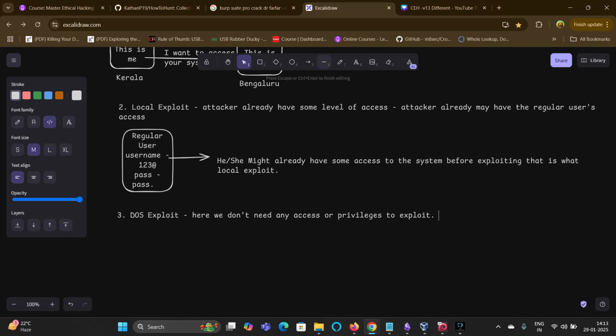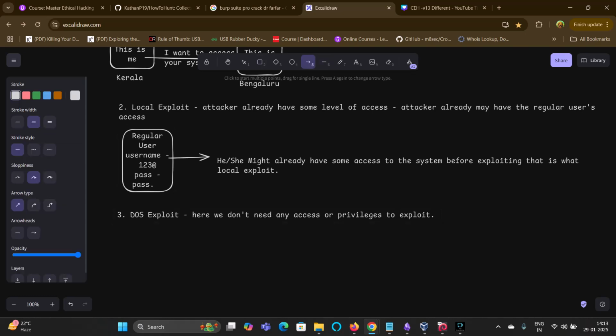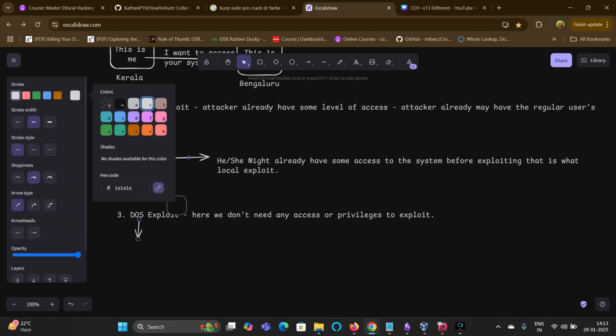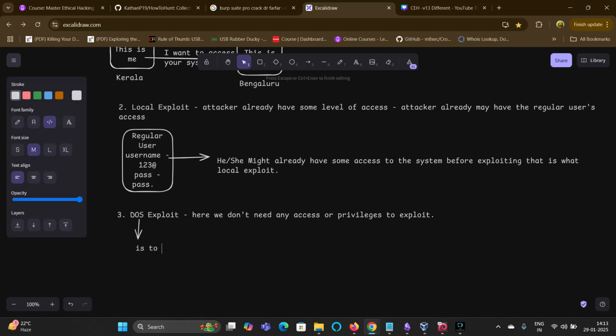is to cause system breakage. And what do we mean by basically by system breakage? means कि system या services को unavailable करा देना. That means to cause system or services to go unavailable. That means we cannot access